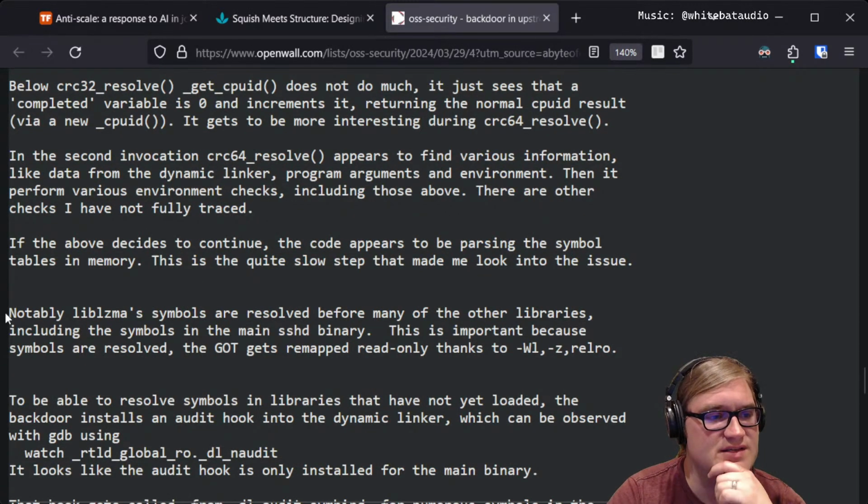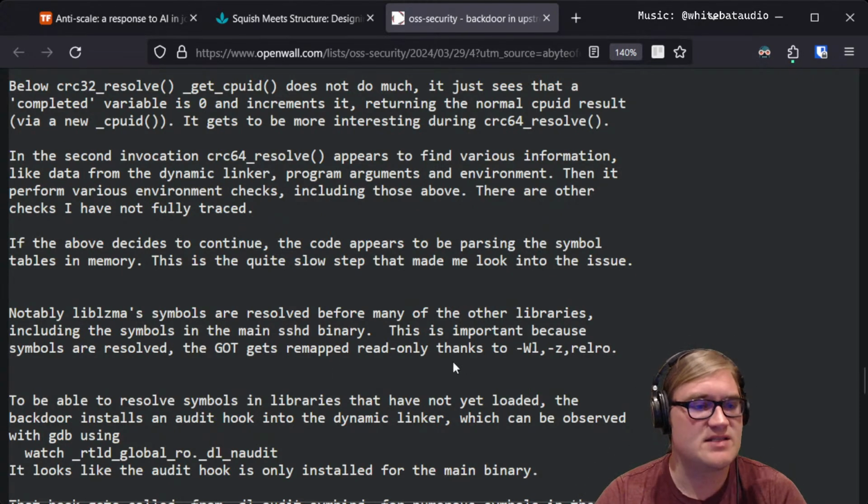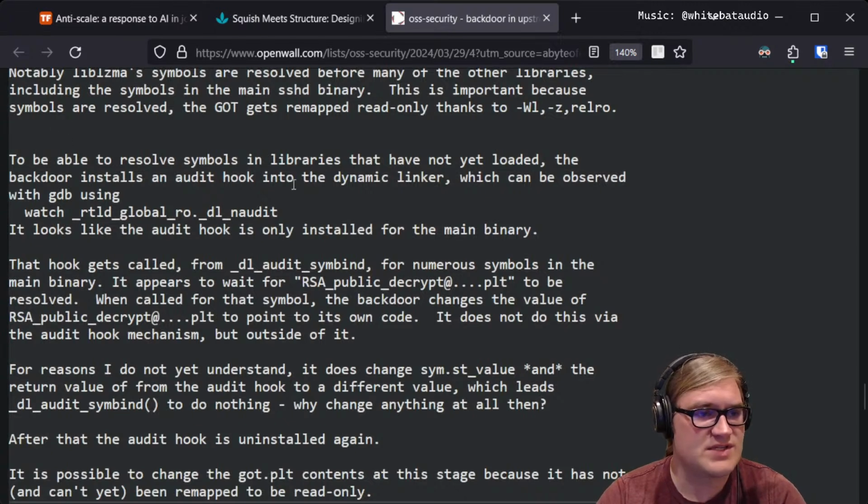Notably, liblzma's symbols are resolved before many other libraries, including the symbols in the main sshd binary. This is important because after symbols are resolved, the GOT gets remapped to read-only. To be able to resolve symbols in libraries that have not yet been loaded, the backdoor installs an audit hook into the dynamic linker, which can be observed with GDB using